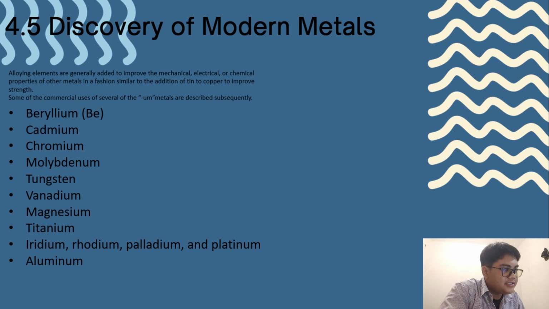Then magnesium. Magnesium is the lightest of the widely used structural metals. Magnesium is more than 1/3 lighter than aluminum, having a density of 1.7 grams per cubic centimeter compared to the higher density of aluminum. Because of its low density, magnesium has been used in aircraft frames like airplanes, helicopters, etc. It is also an important alloying element in aluminum.